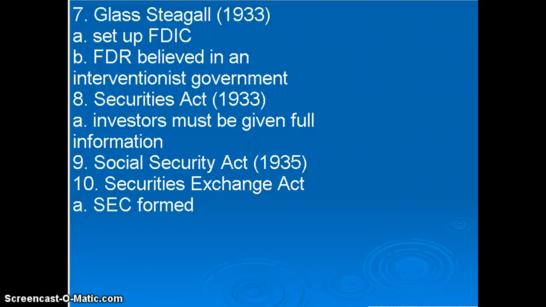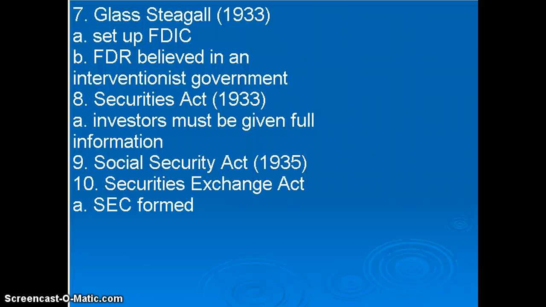Alright, so during the Depression we had the Glass-Steagall Act, and basically this created the Federal Deposit Insurance Corporation, the FDIC. When you go to your bank, there's frequently a sticker that says FDIC insured. What that means is that your deposit is insured. So if the bank collapses and you have $10,000 in the bank, you get your $10,000 back from the FDIC.